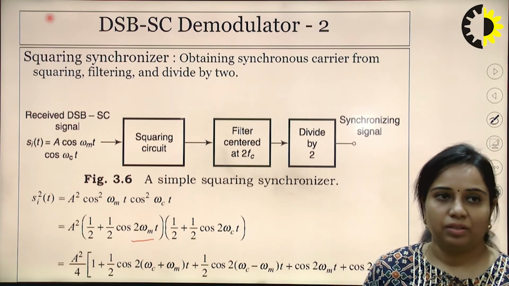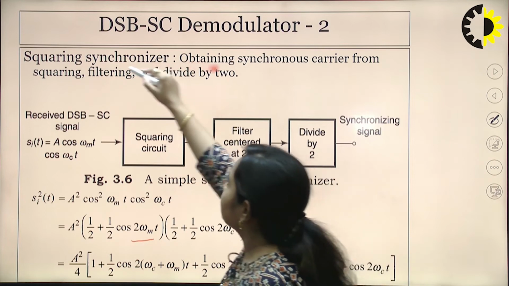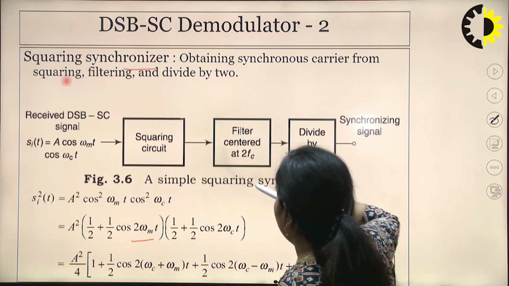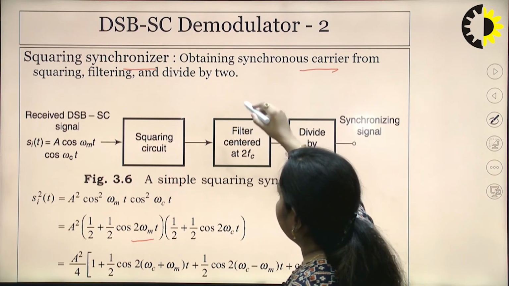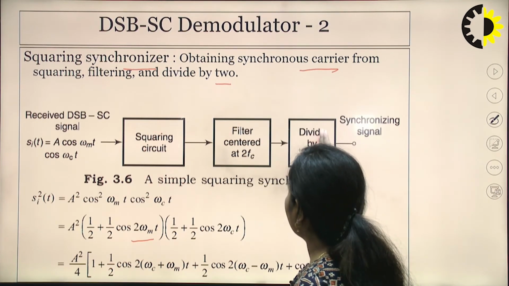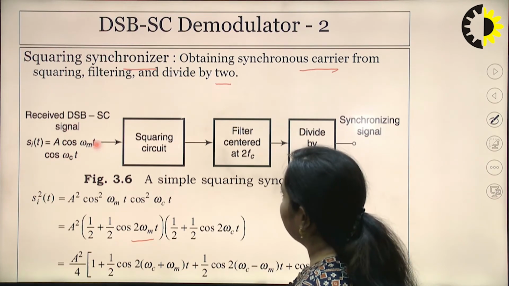Now next is the DSB-SC demodulator, second type. This is a squaring synchronizer. We obtain the synchronous carrier from squaring, filtering, and dividing by 2. So there are three blocks that we have to use to generate the